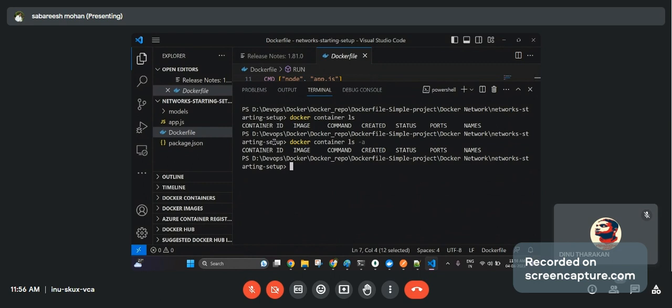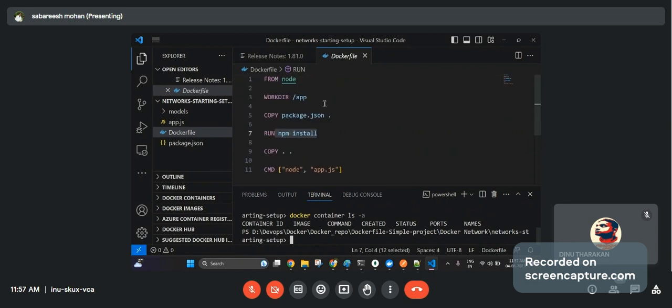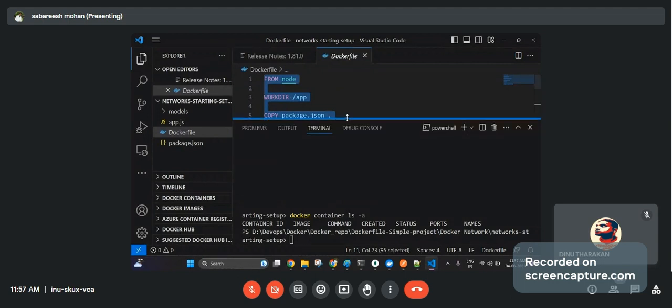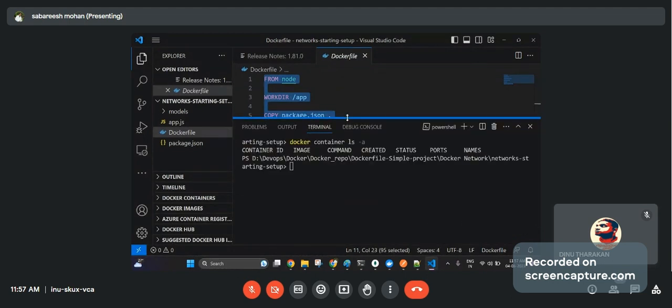Now what happens? The DevOps engineer and the application engineer will raise a question: why did this fail? There is a bug in this, right? So what will the application team say, or first, as a DevOps engineer, what will I check? I'll check whether my code, I mean my Dockerfile, is correct or not.